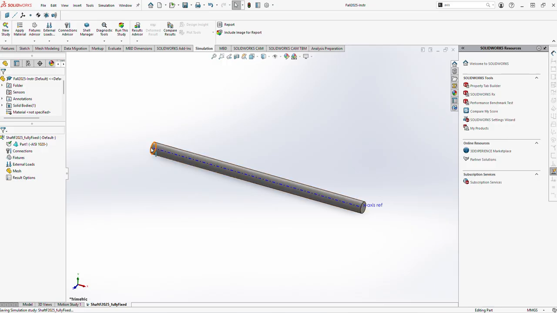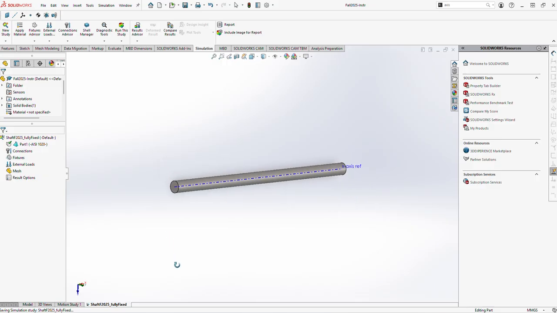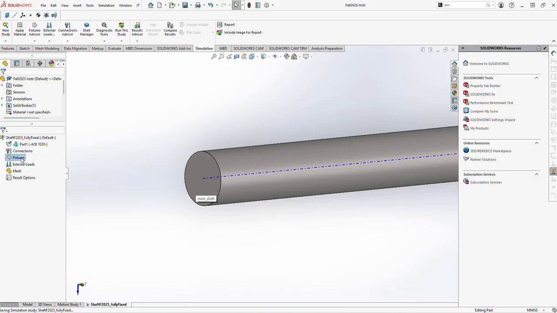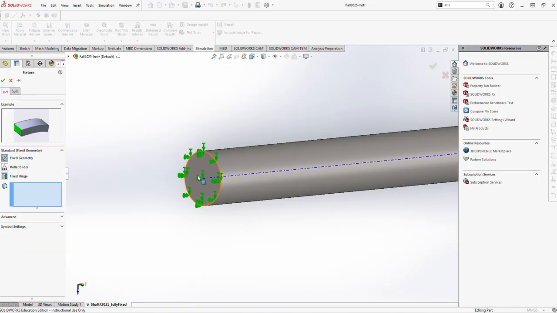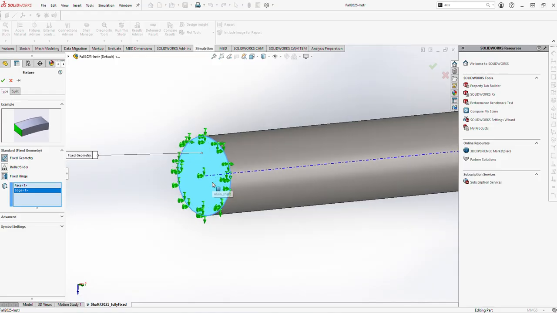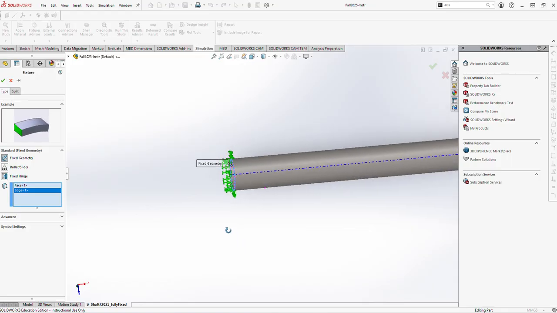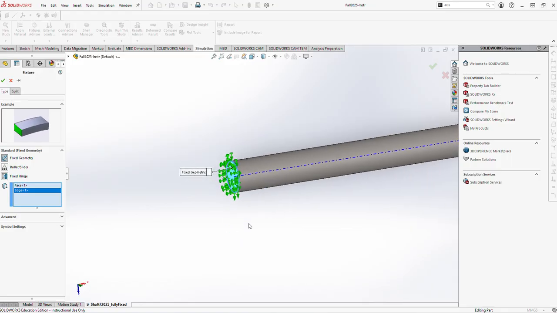So I'll choose this particular end, from the end of the origin, at the origin. So for the boundary condition, I will right click on this and click on fixed geometry. Now you can either constrain the edge or you can constrain the entire face. In this case, I will constrain both the edge and the face. Now, in reality, this may not be the case, because you may only have the edge constrained,